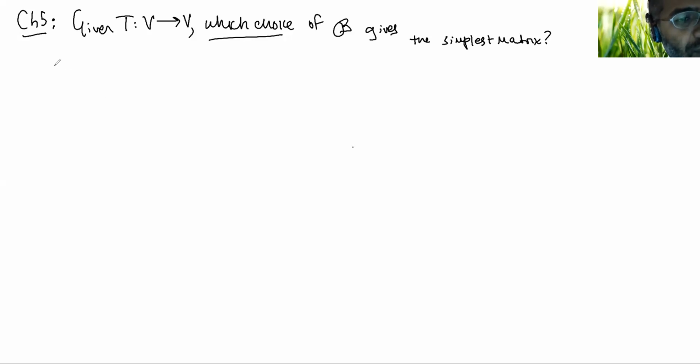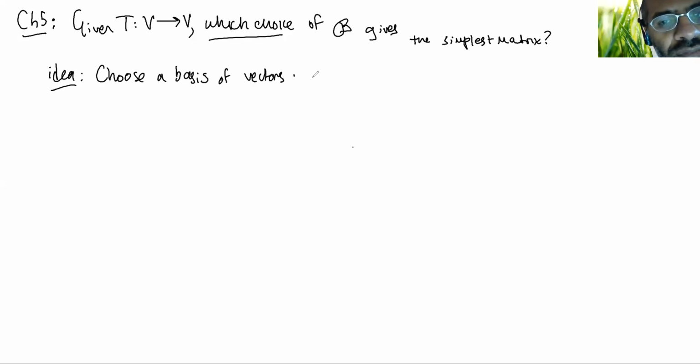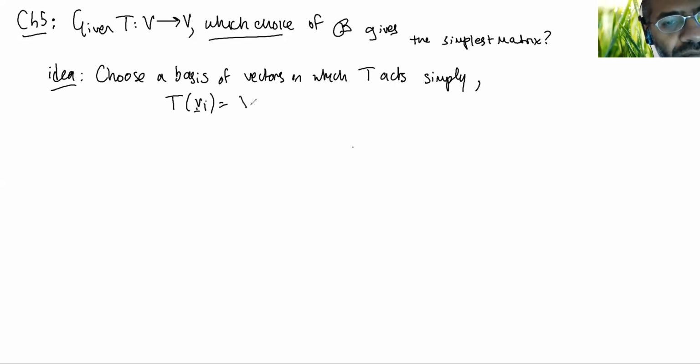The diagram that's given here is, so the idea is: choose a basis of vectors on which T acts simply. In other words, of eigenvectors. Or, well, maybe I don't want to put i's actually. So let's put